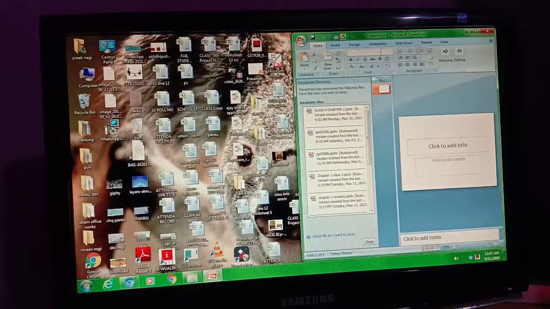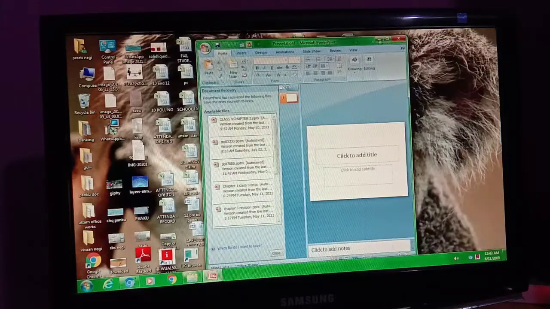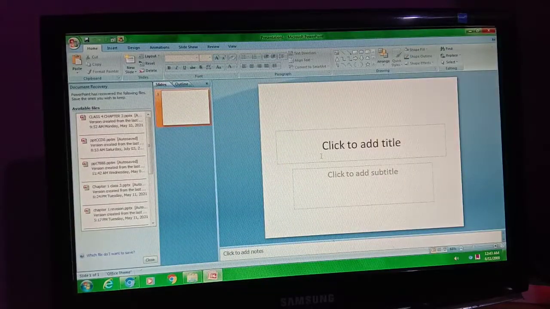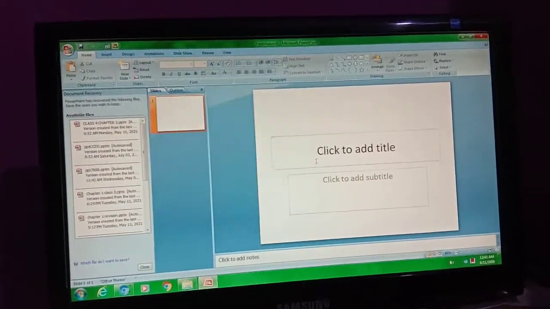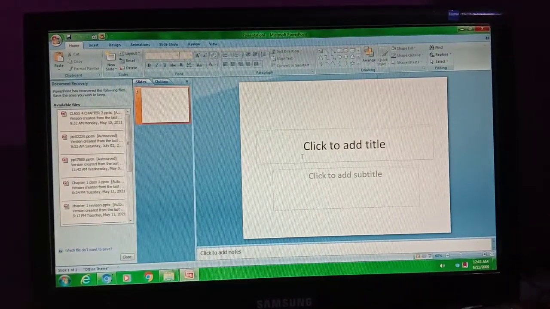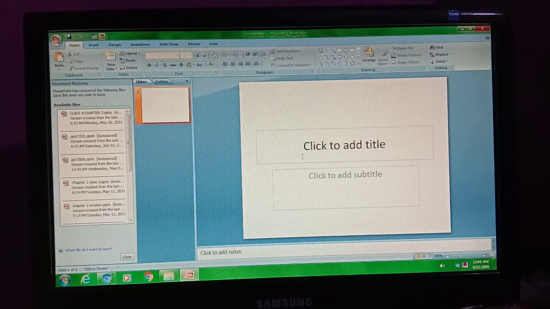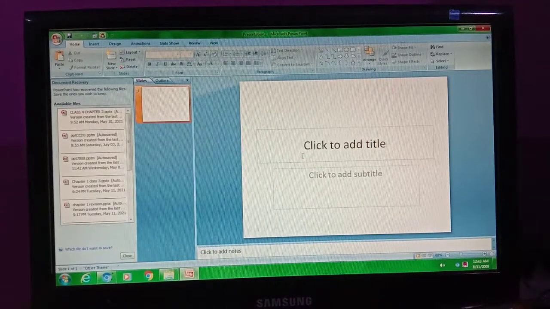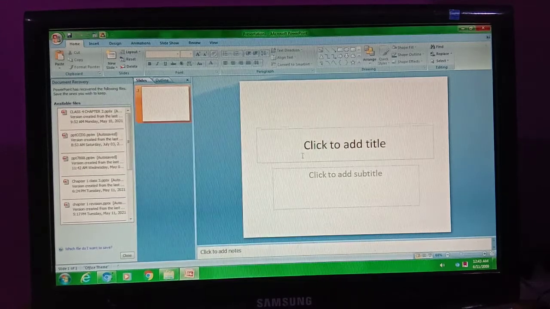As we click on it, the Microsoft PowerPoint window will appear to us. Okay, how to start is done.